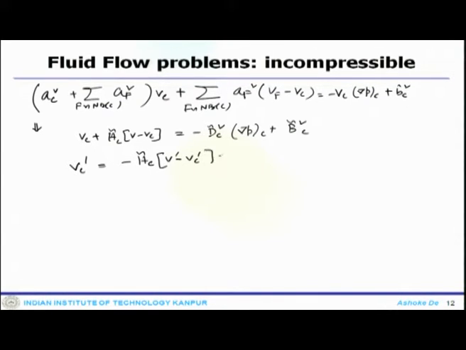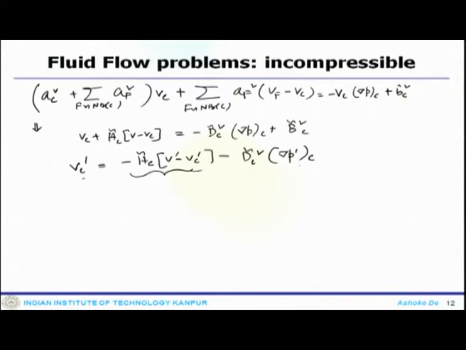minus BC prime minus DCV delta P prime C. So, this term is dropped, which is equivalent to the approximation of the previous equation. A modified velocity correction is used driving the pressure correction. So, this is dropped and only this term is retained. So, this is a better estimate in SIMPLEC.